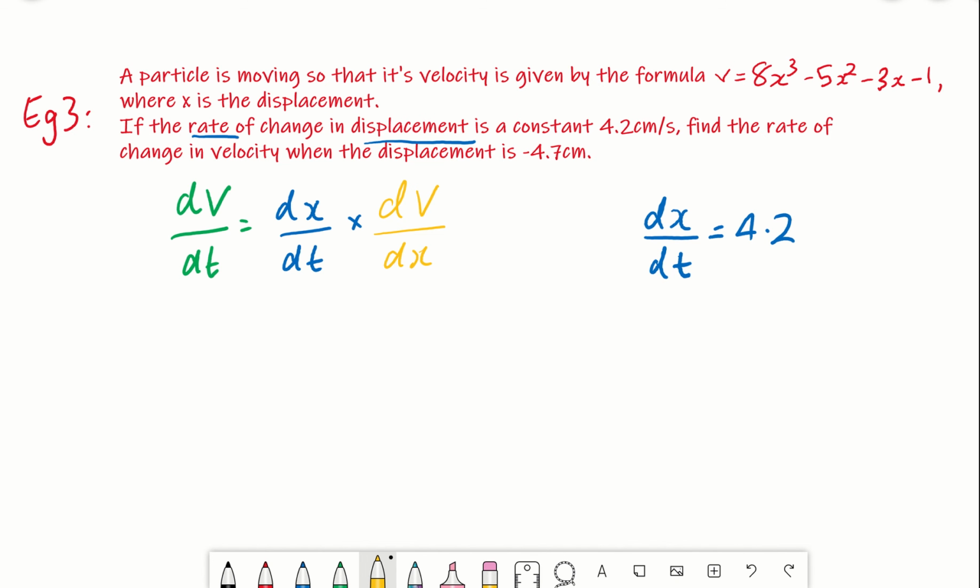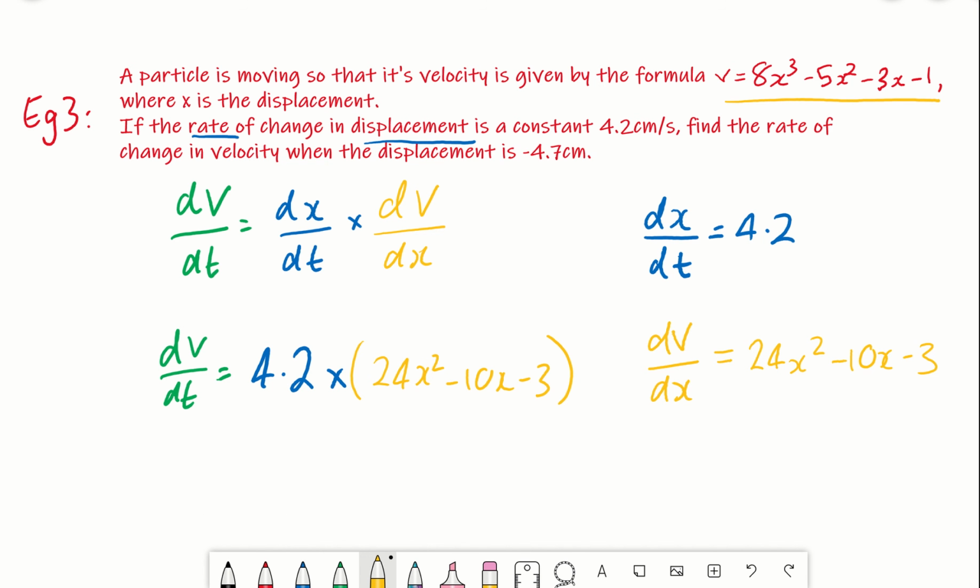So now, what do I need to find? I need to find dv with respect to x. So, good news. They gave me my velocity in the question with respect to x. And velocity differentiated is actually acceleration, but that's beside the point of this question. If I differentiate that with respect to x, I get 24x squared minus 10x minus 3. So now let's sub it all in. It's not very pretty,